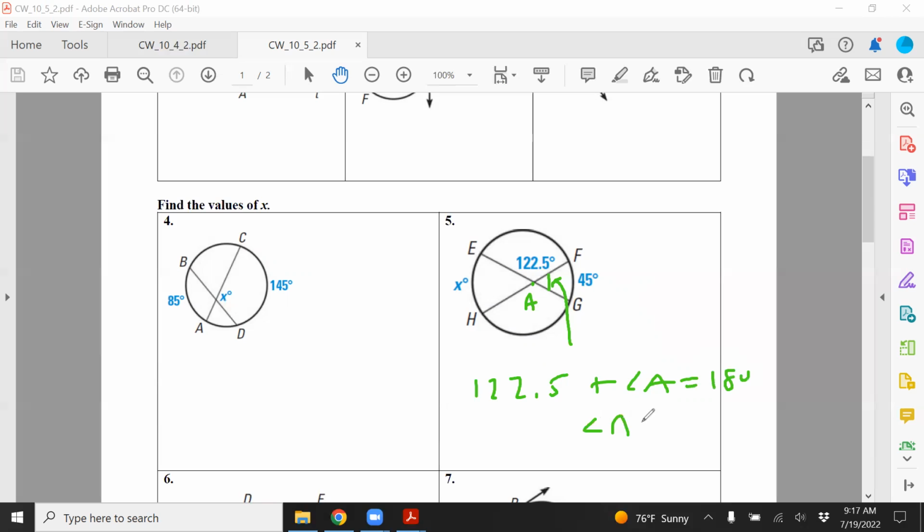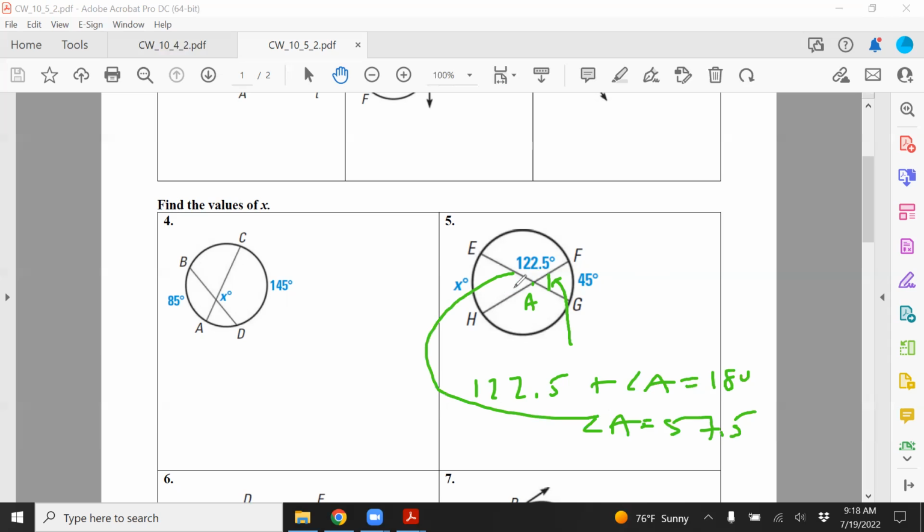So angle A is going to be 57.5. Is that right? Yeah, 57.5. It's not 45 degrees because A is not a center. You're not told that. You have to be told that's a center. You can't assume based on the looks. So all I know is that's 57.5. Of course, this is also 57.5